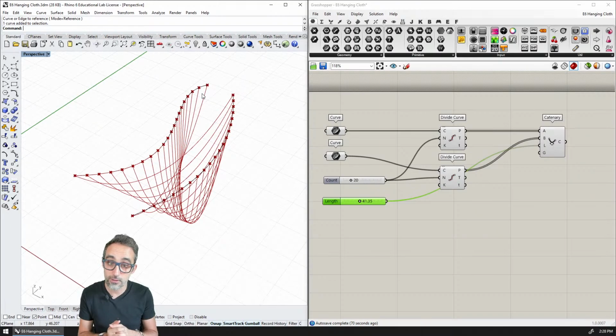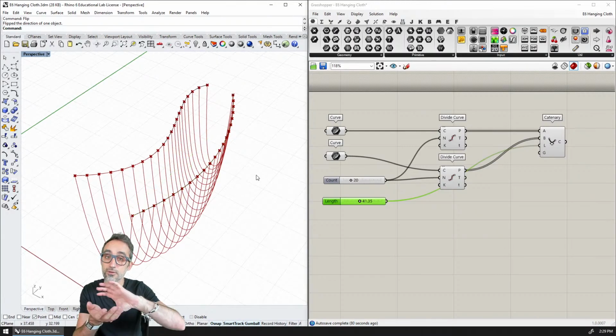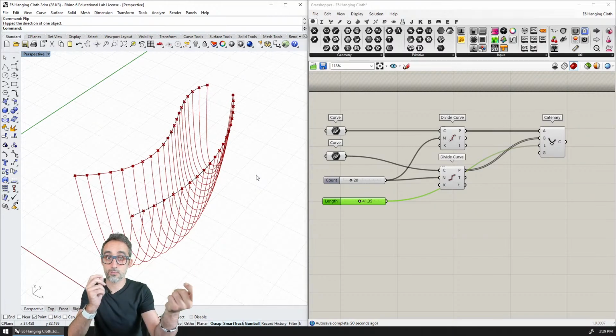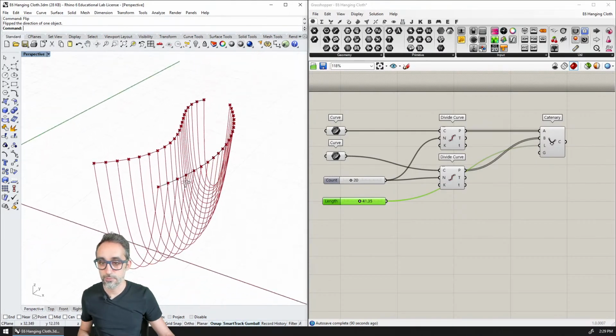This is very simple to solve. I could, by just simply flipping the internal orientation of one of the curves. I can do that by modifying the curve directly in Rhino. So I can just click that curve and type here flip, right? And then as I do, the internal orientation is flipped, so the start and the end points flip. And then now I get an ordered list of a much nicer